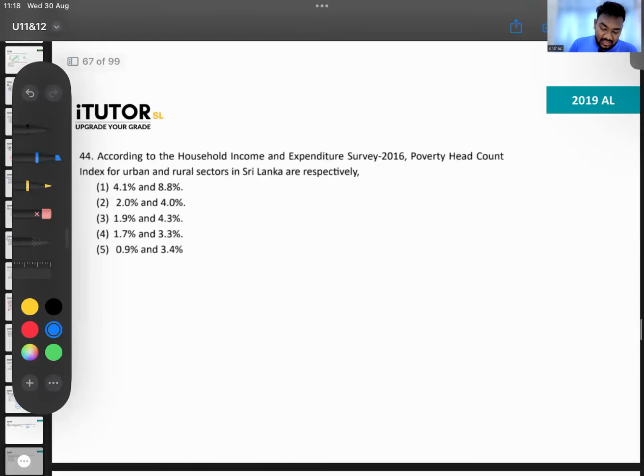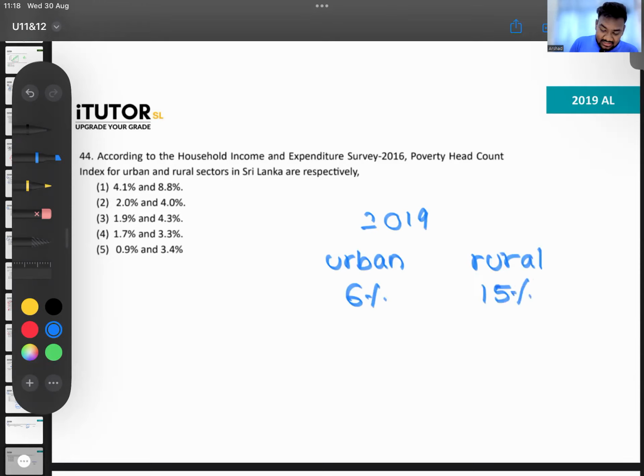44. According to the household survey 2016, we don't care. Urban and rural population poverty. Can you all give me the latest figures for 2019? Now we did this. Urban is 4.6%. Urban is 6%. Rural was 15. Rural is 15. These are 2019. So,